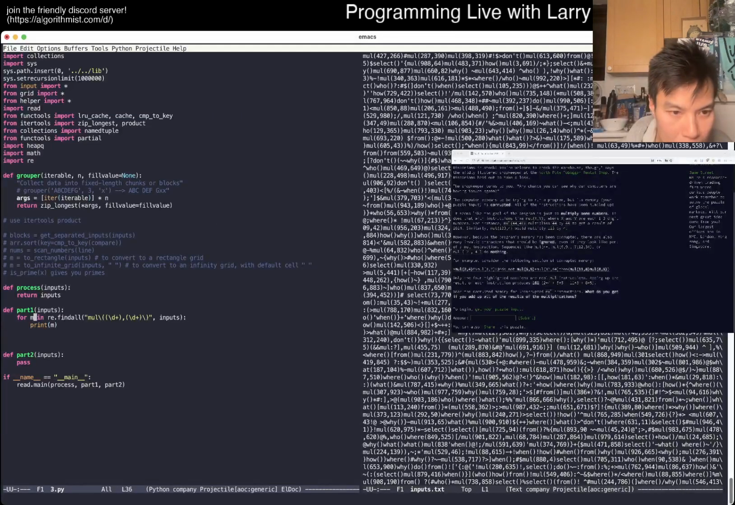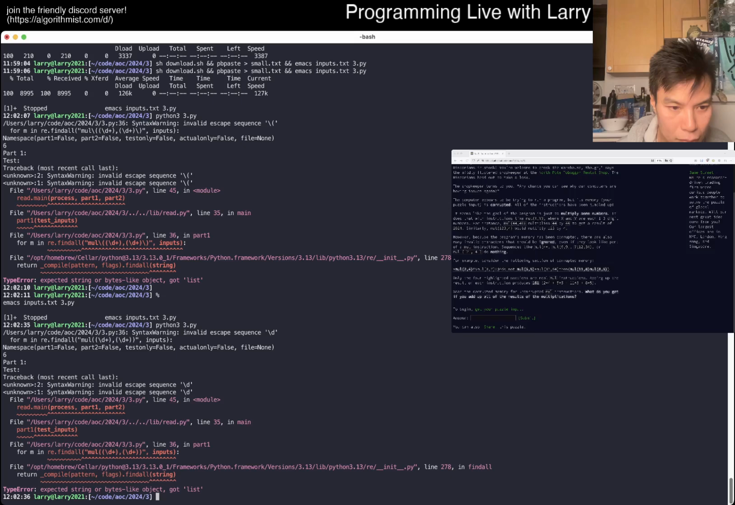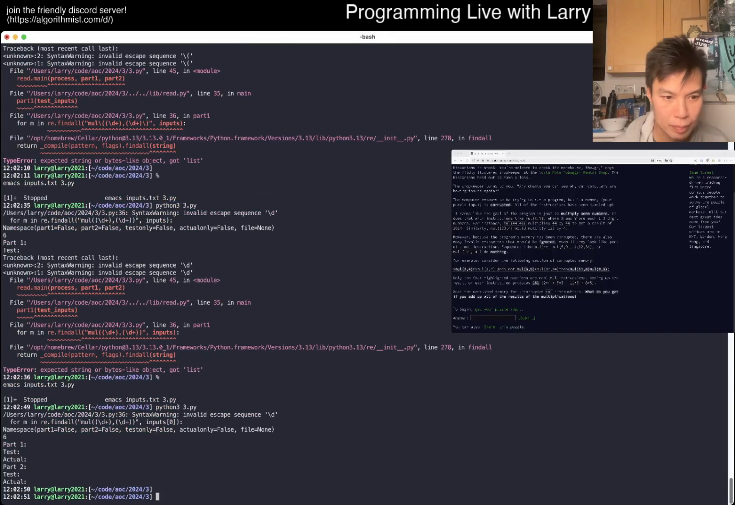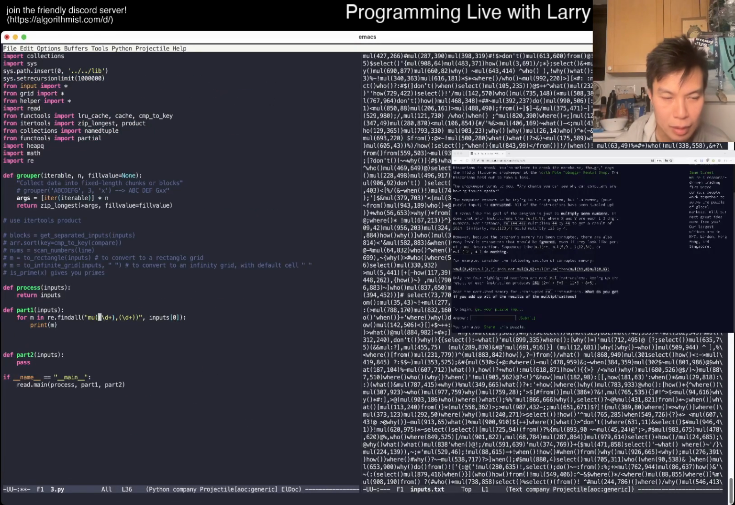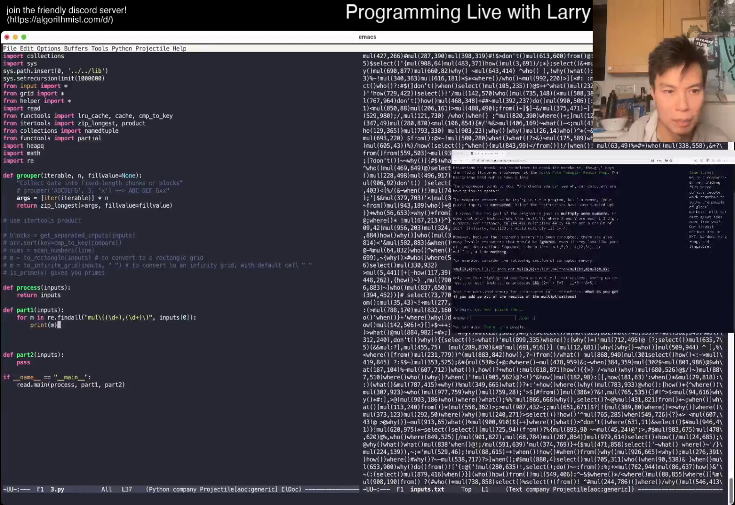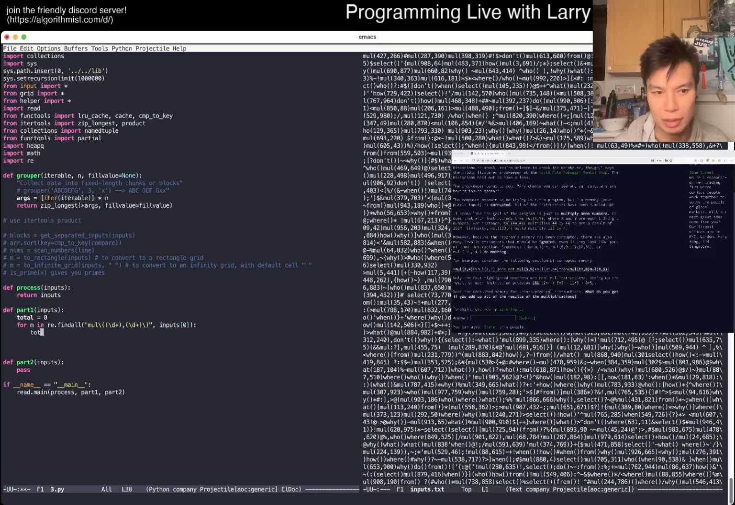invalid escape sequence. Is that not how I escape? Oh, that's right. This is too slow. I'm not familiar enough with Python 3 syntax. So there you go. Maybe. I mean, not gonna be fast enough, but